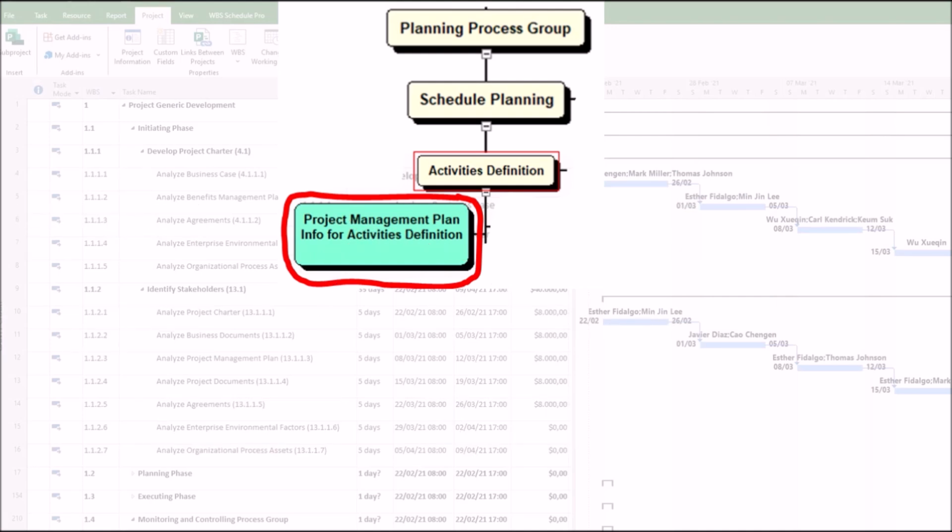In conclusion, the project management plan is essential for defined activities because it provides the framework, constraints, and methodologies needed to break down work effectively. Without the project management plan, the defined activities process would lack structure, leading to inconsistencies, missed work, or misalignment with